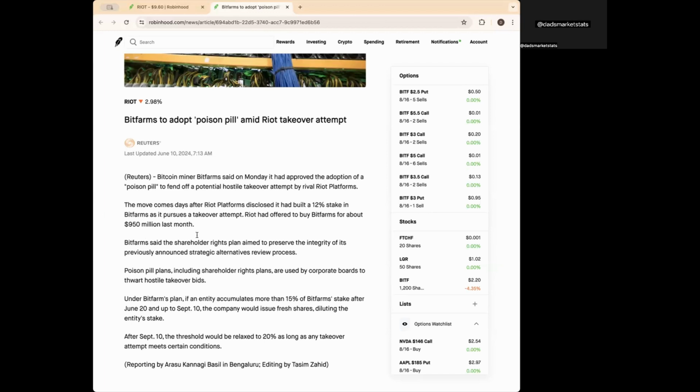So that's how they were going to make up the rest of that 950 million that they offered, like giving them shares of Riot Platforms. So cash and shares. Now, poison pill plans, including shareholder rights plans, are used by corporate boards to thwart hostile takeover bids. Under Bitfarms' plan, if an entity accumulates more than 15% of Bitfarms' stake after June